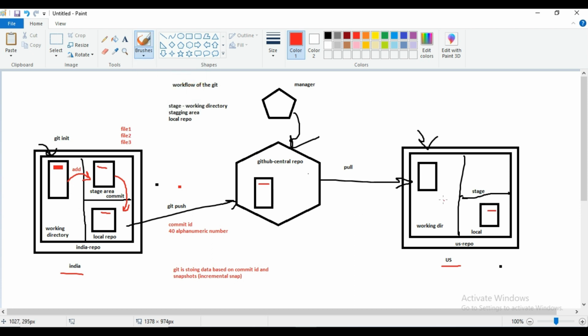Now he started his day and this data is present in the local repo. So he moved into the work directory and then he started writing the code. He wrote some green line of code, and at the day end again he did the same job that was done by the India person. He added the code like that, red line of code here and then green line of code here. He added and then he committed the code inside this, and before day end he pushed the code